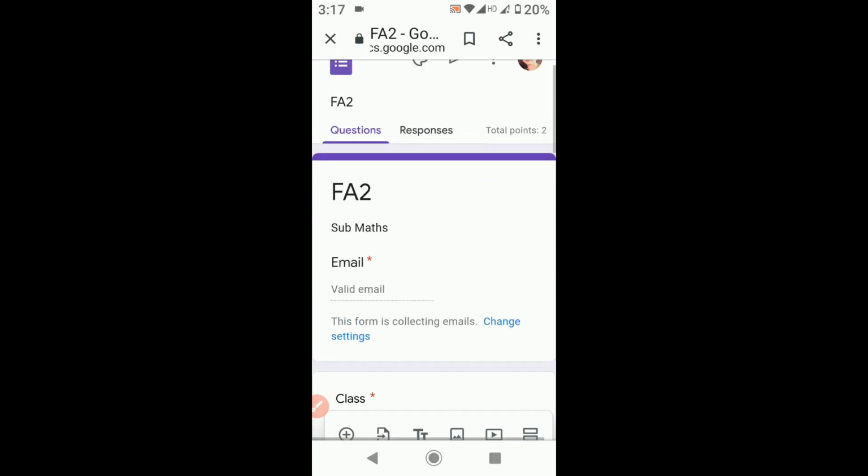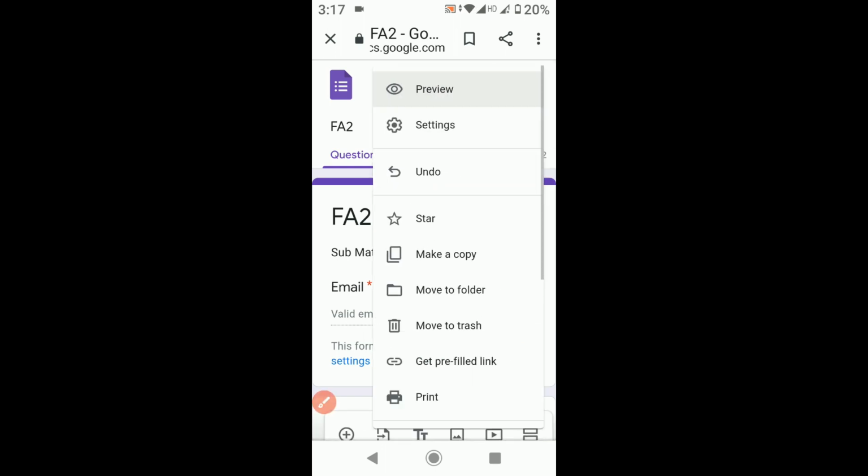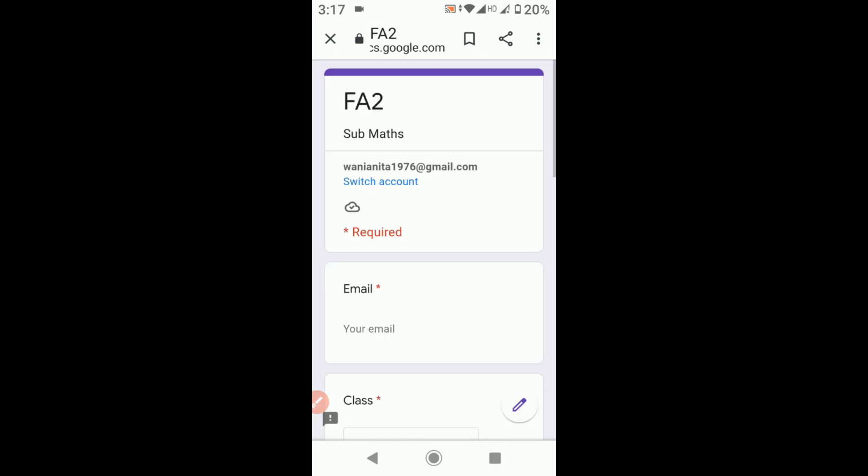Now what next we have to do? Here we can see total points as 2. Now we have to click on these 3 dots. So when we click over there, we will see all these things, and go to the preview button, so that how our form is viewed can be seen.